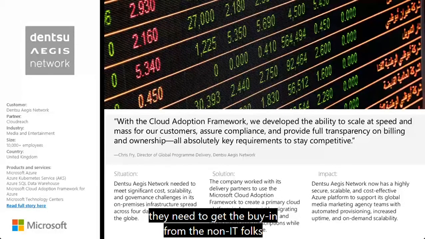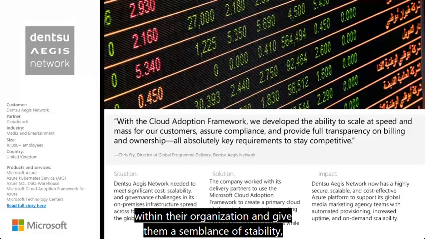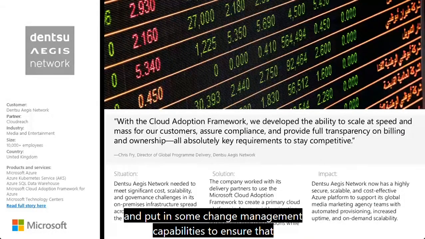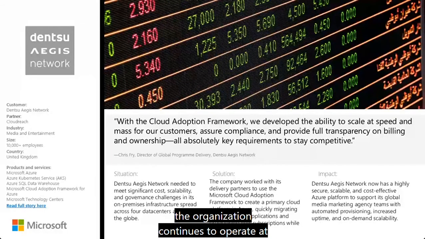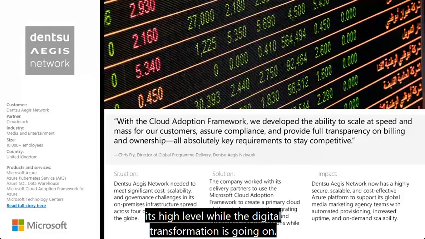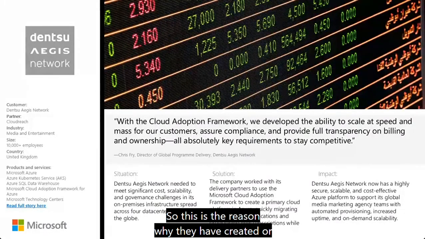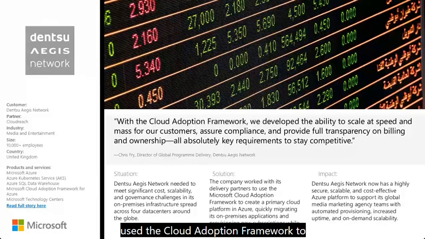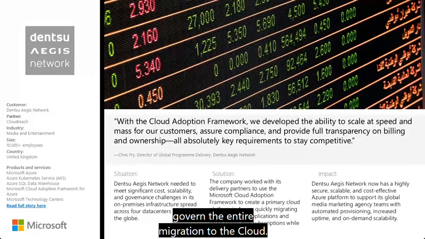They needed to get the buy-in from the non-IT folks within the organization and give them a semblance of stability and put in some change management capabilities to ensure that the organization continues to operate at its high level while the digital transformation is going on. This is the reason why they used the Cloud Adoption Framework to govern the entire migration to the cloud.